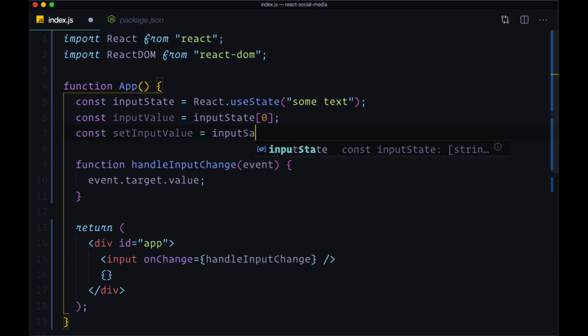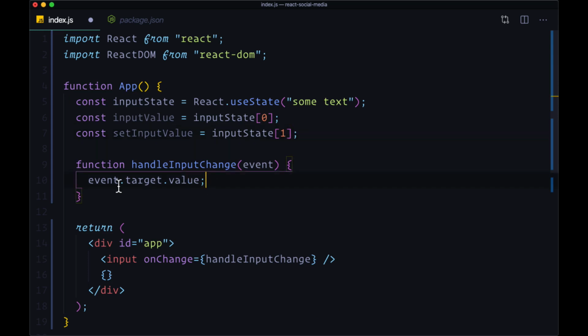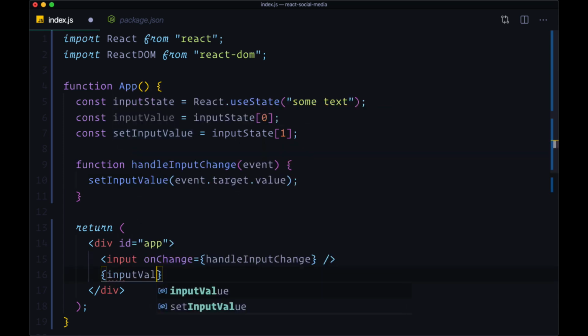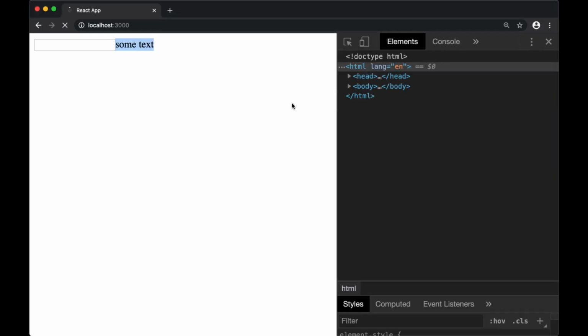It's going to come from the second element or the first index. So now to use this function, we can just pass event.target.value to this set input value function, and we can display the result with input value. And we'll put this in a paragraph element to see this better. So we'll make the default text now just an empty string. We see nothing, but when we type in some text to the input, we see immediately it's updated and displayed